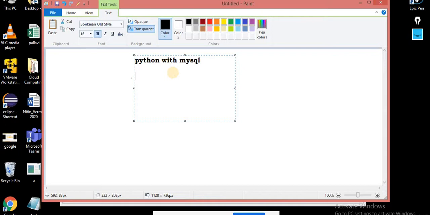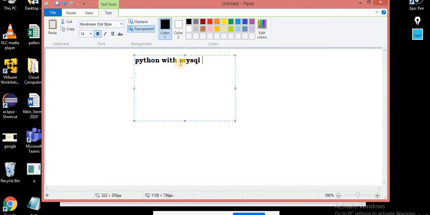If I talk about Python and MySQL connectivity, MySQL plays an important role. Whatever queries you perform, exactly the same queries will be performed inside Python code. With the help of Python, you fetch the data with a for loop or a while loop, whichever loop you feel comfortable with.